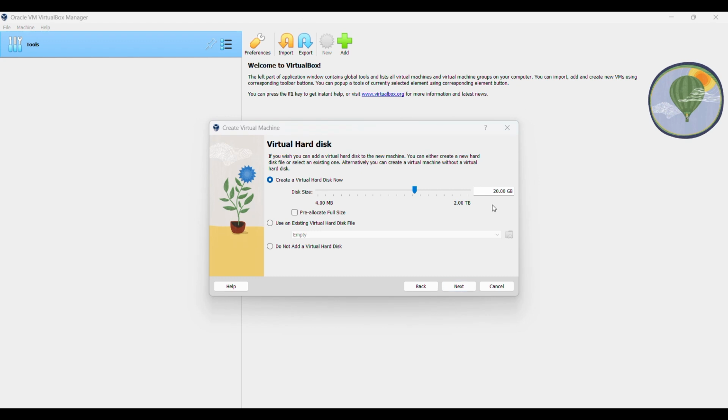here it takes 20 GB, but it does not totally take 20 GB of the hard disk size. If we check the option pre-allocated full size, then it takes all 20 GB of the hard disk size, but we don't do this. And then next,